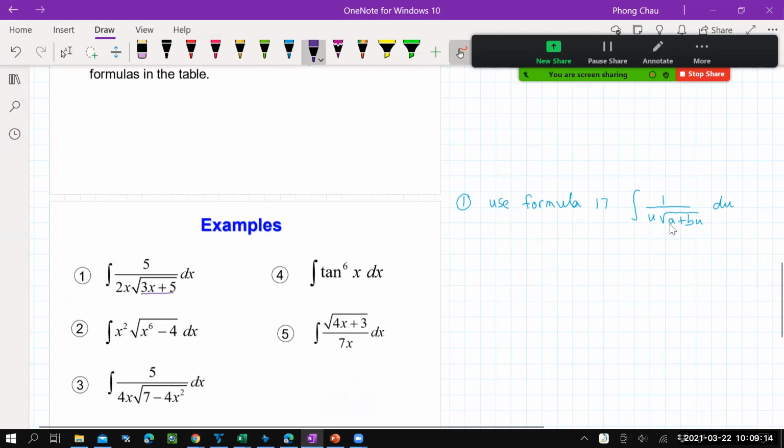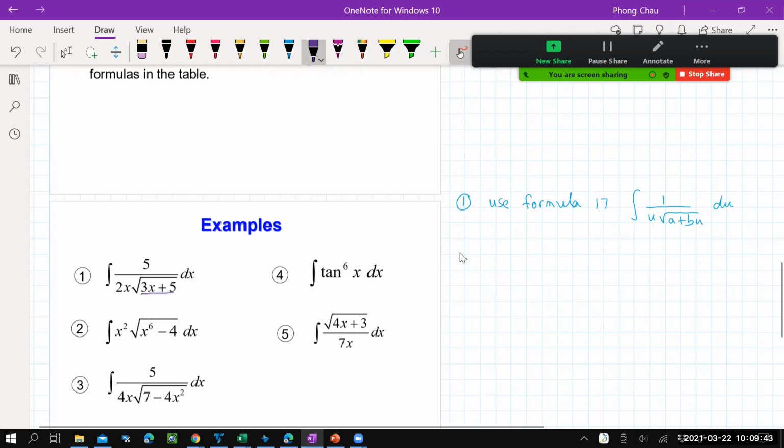The a, the constant, is in fact 5. The b, the coefficient, is 3. And the u is x, right? So that matches. Now, the u here, again, the variable, is x. But we have an extra 5 and 2 outside that the formula doesn't have. So technically, before you apply it,